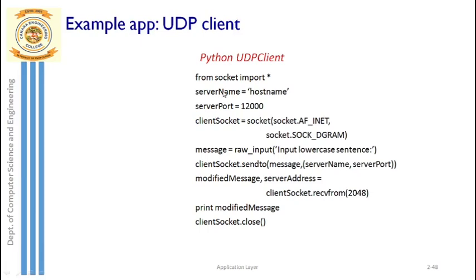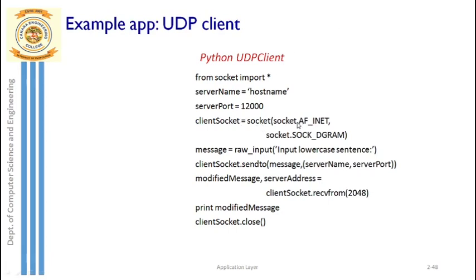Next, this is our destination IP address, and this is the destination port address. The destination is actually the server. Remember, this program is written at the client side. This first part is the destination address, the IP address or host name, and this is the destination port address, the server's port address. What is this port address? 12,000. This port address is the one actually used by the server socket. So the server socket's port address is 12,000, and the server system's IP address or host name is this particular thing. Once these two things are initialized, this is the first stage of creating the socket at the client side. So what is the function to create the socket?